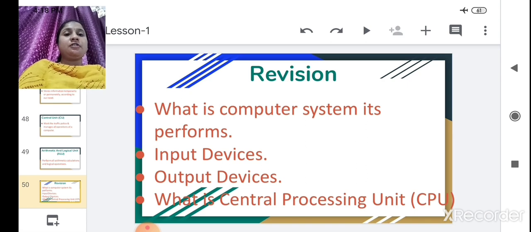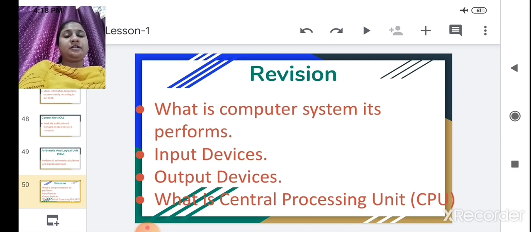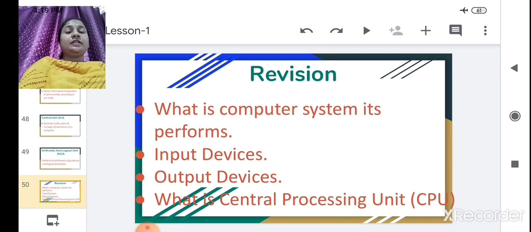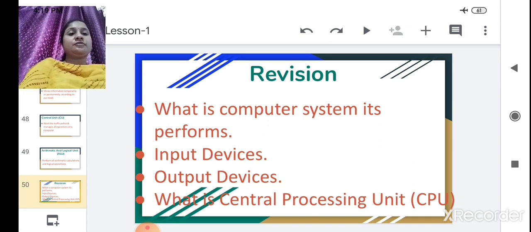We also learned about output devices. Some output devices are monitors and printers. We also saw three types of printer: the dot matrix printer, the inkjet printer and the laser printer. And we also learned about the speaker. In the last, we learned about the central processing unit.